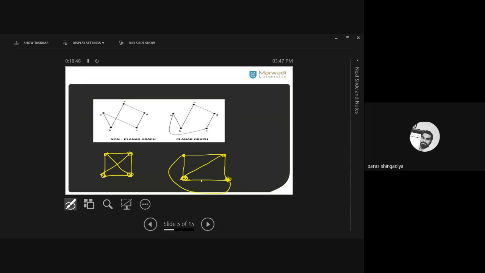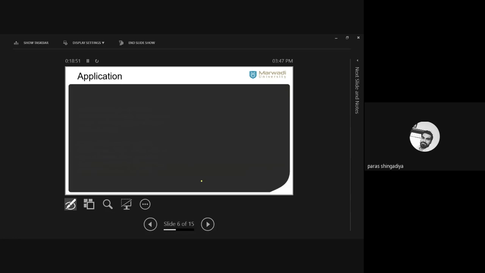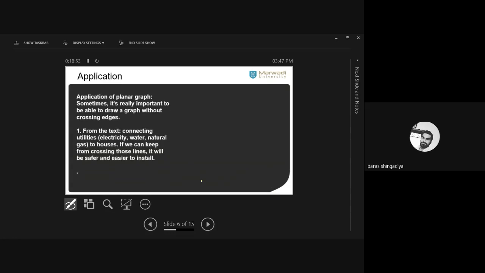Let's keep up to this, and in the next lecture we'll discuss the applications part of this. What is the importance of this and why do we learn the planar graph? What is the requirement of a graph without crossover of the edges, of such a real life situation without crossover of the connections? There are some real life applications and some engineering applications in the computer branch, which we'll discuss in the next lecture.